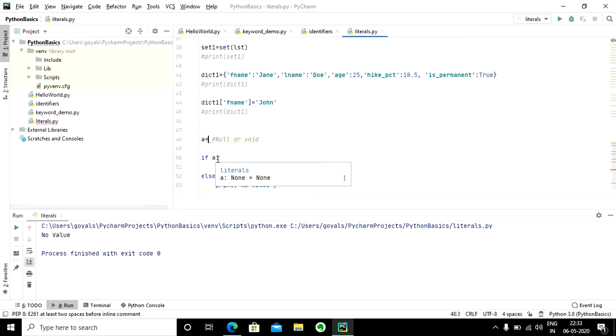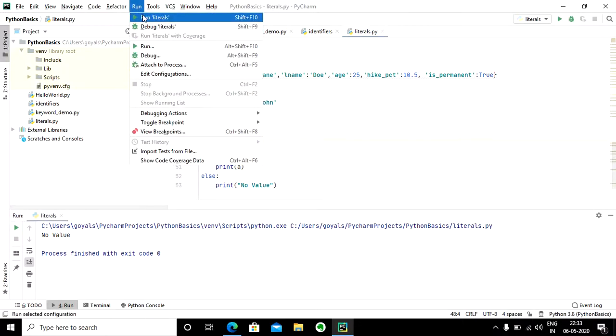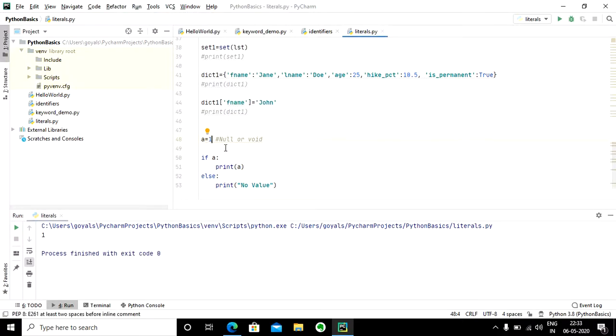However, if I just put a equals 1 and then execute this code, then it is going to print 1. Seems okay.